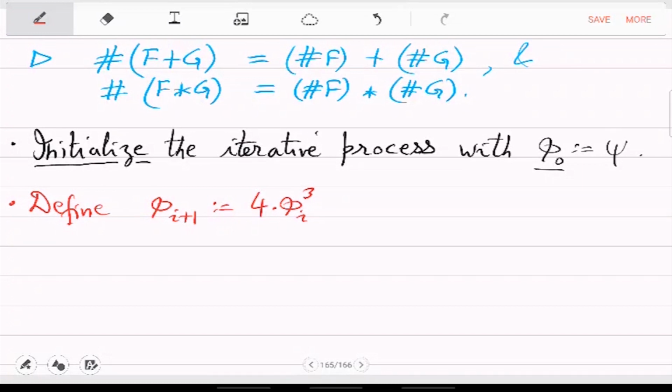You multiply it 4 times, add 3 times, and then add the 2 things. Okay, so this is the addition and multiplication happening on the previous phi I. So let's say phi 0, and this will give you phi 1. Okay, so it's a new formula, it will have more variables, and the claim for this is